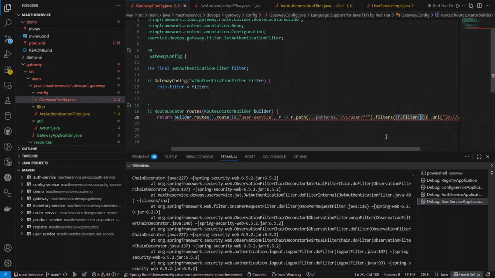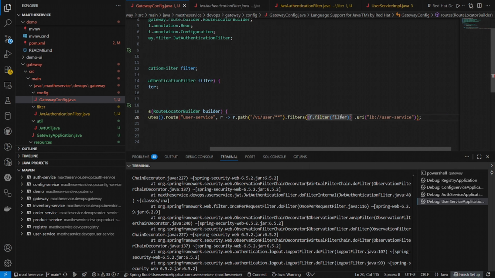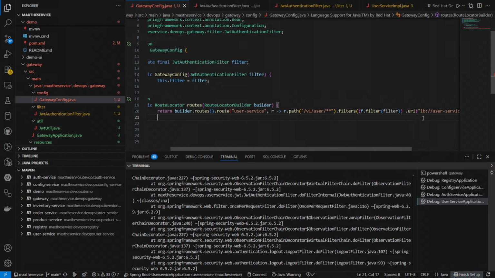And we have the filter. After this filter it will check whether there is a URI in this filter, so it will navigate accordingly. Then we have URI. Then we have another